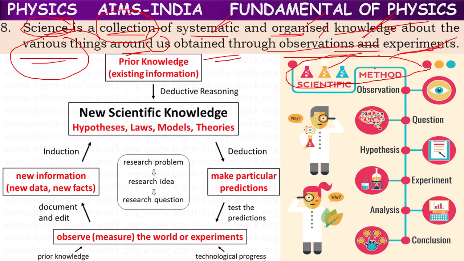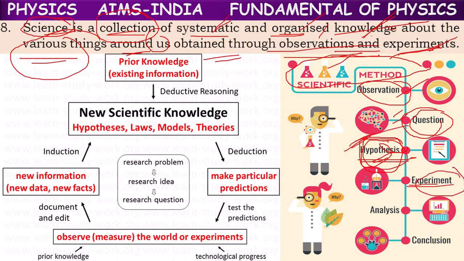According to the scientific method, first we have to observe what is happening around us in nature. Next, we have to question why this is happening, how this is happening. Like that, we have to imagine some questions and try to find answers, and make some conclusions called a hypothesis. From the observation, we come to some beginning assumptions, not final conclusions. For our questions, we make some assumptions. That is called a hypothesis.